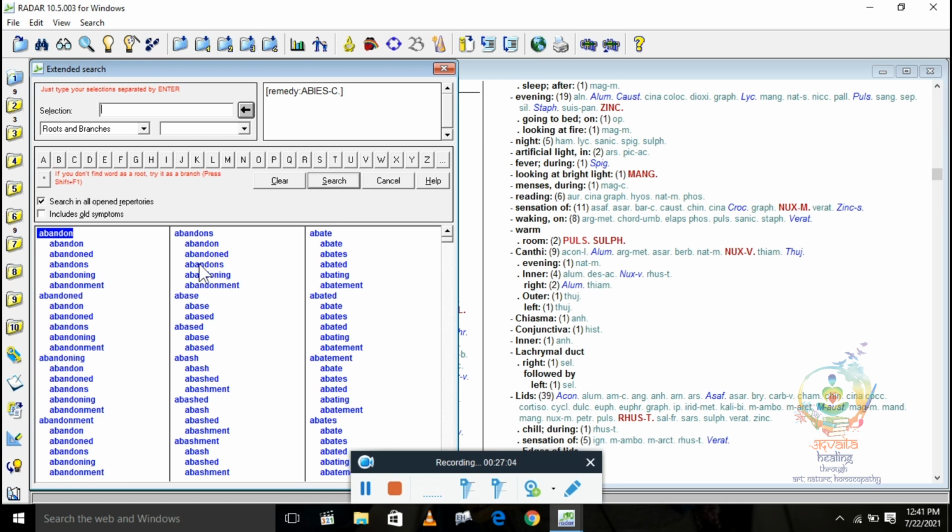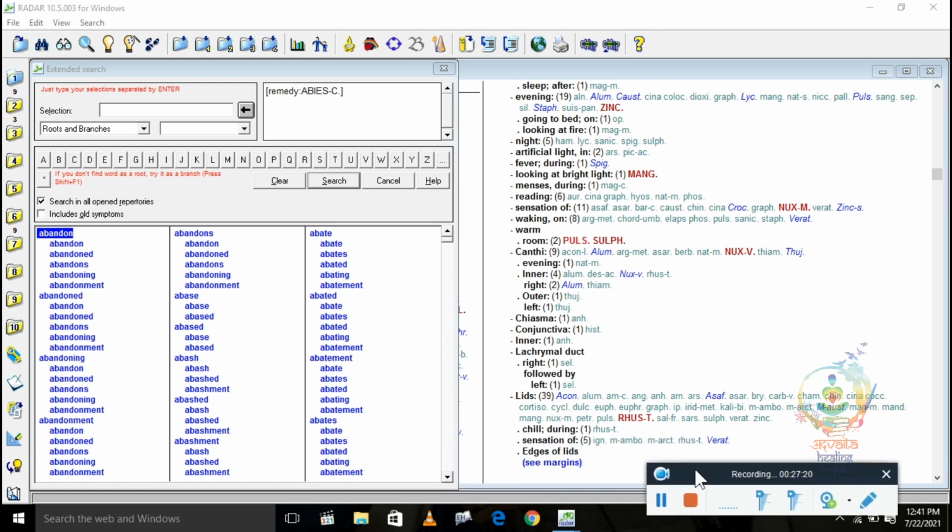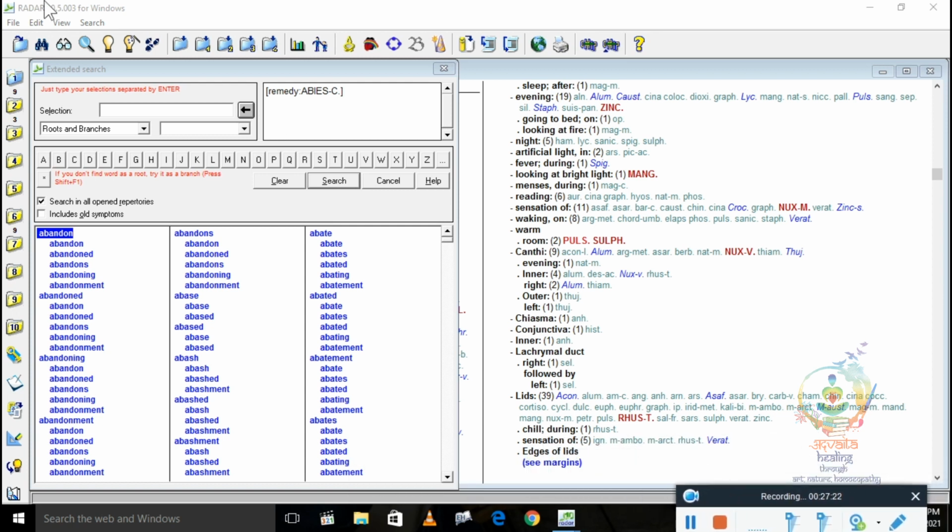If you have confirmed the remedy and you just want to see all other rubrics of a particular remedy, you can make use of extended search and see all the rubrics of the remedy. So this extended search part is very important. In every software, extended search plays an important role in the analysis of any case, and in a very authentic, precise analysis of the case.